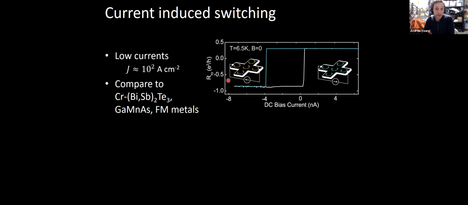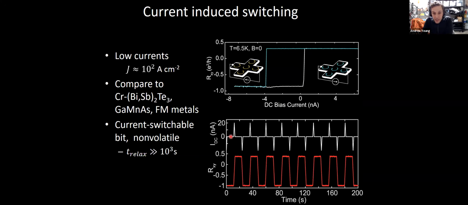This was done in twisted bilayer graphene in this same device that I've shown you. And by tuning the temperature to be not too far from the Curie temperature, you can actually get your magnet to switch with essentially negligible currents. But despite that, it's completely non-volatile. So for example, you can use little current pulses of a few tens of nanoamps to switch the magnetic moment of your sample, presumably in the one remaining domain at 6.5 degrees, between pointing up and pointing down. And you can read that out with the Hall effect.